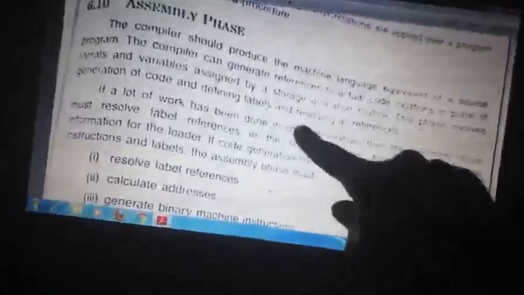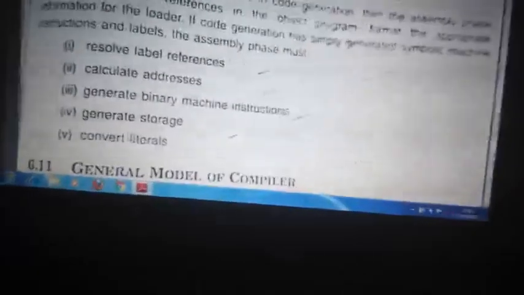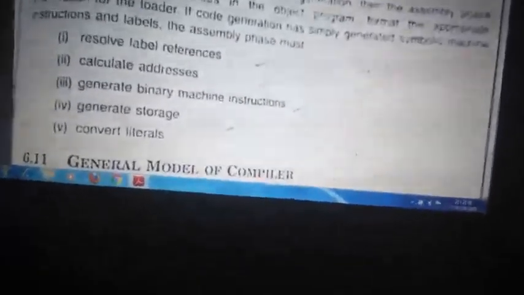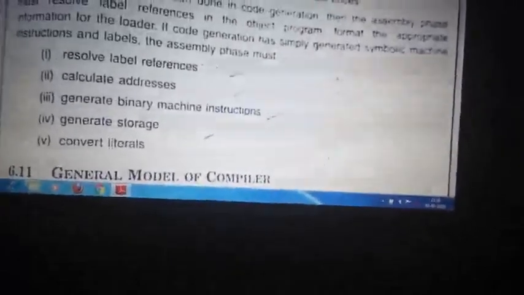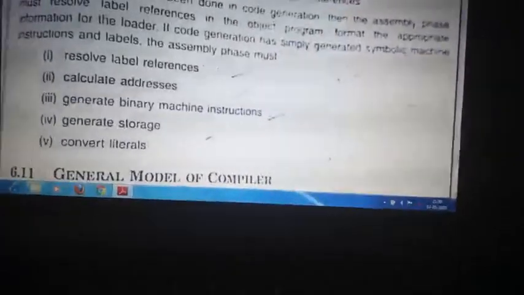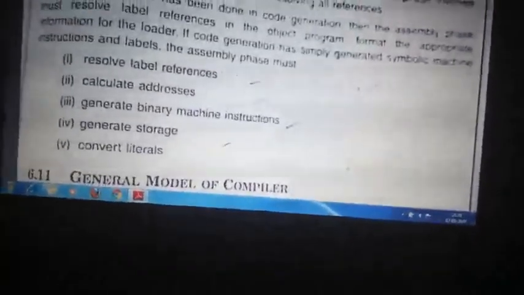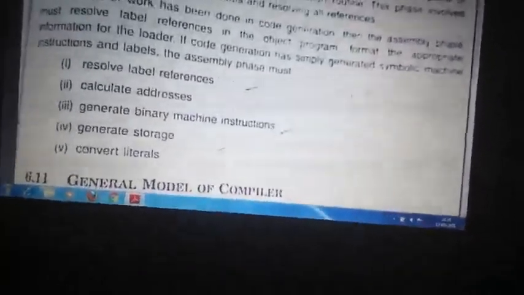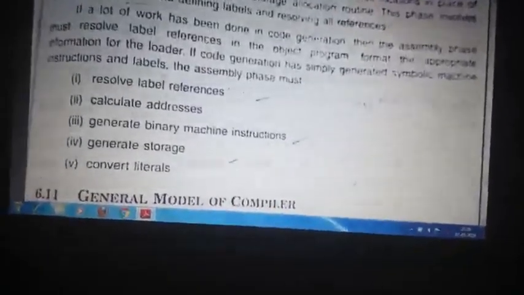If there is a task for the assembler, then it should perform all this: resolve the label references, calculate the new addresses where it should be loaded. Clear? If the linker and loader are not doing it, that is an absolute loader, then there is no task of reassembling. But if you have a relocating loader, then you need to resolve the label references, calculate the addresses, generate the binary instruction code, generate the storage and convert all the literals.